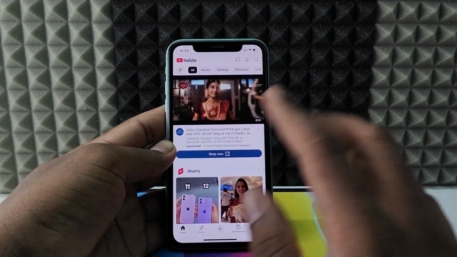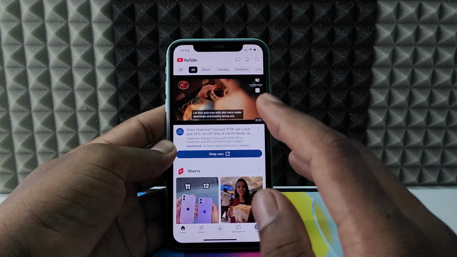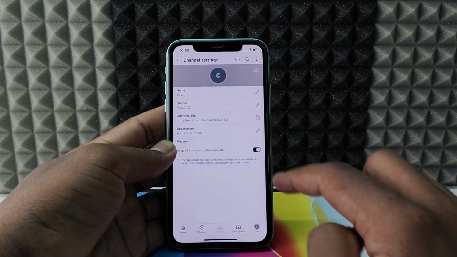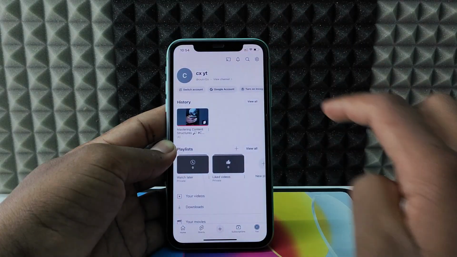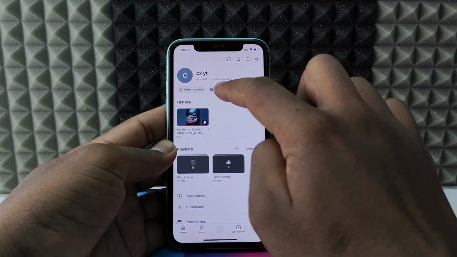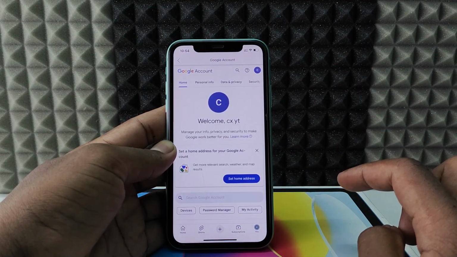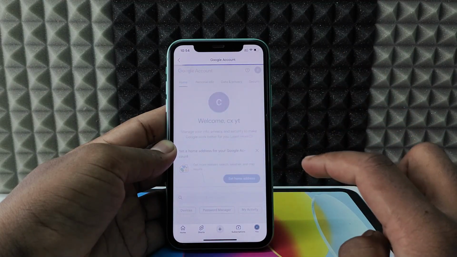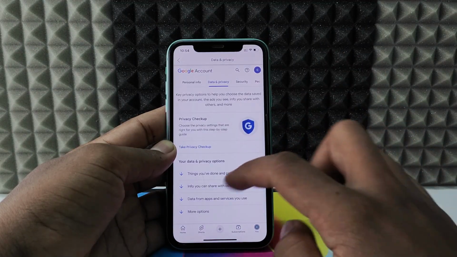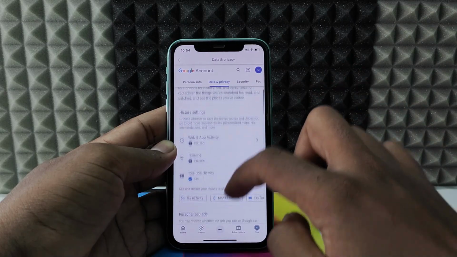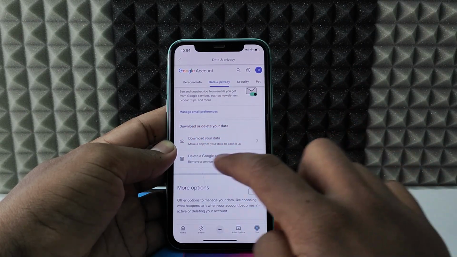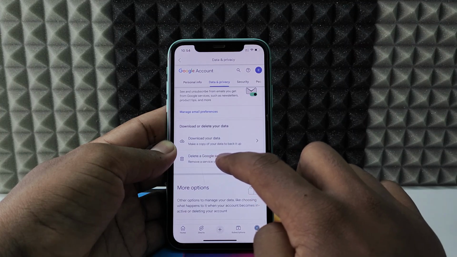And the second thing is to make your entire YouTube channel private. Click this and click Google Account, and switch this to Data and privacy and scroll down a bit. Then here you can see Download or delete your data. Under this, Delete your Google service. Click that